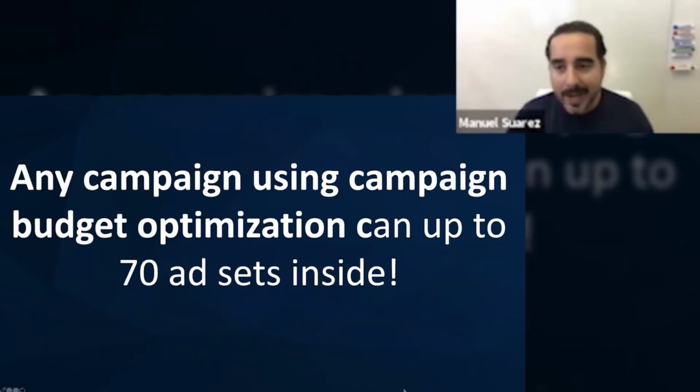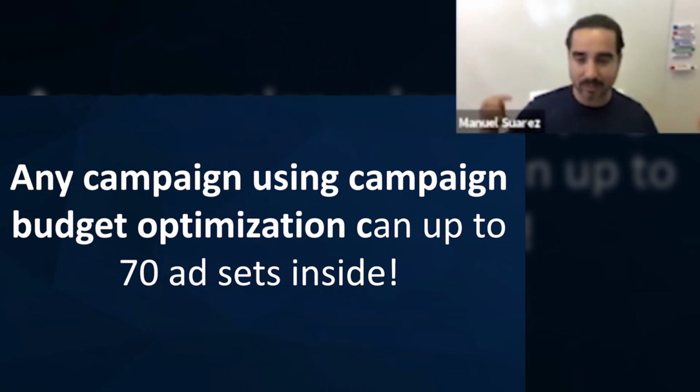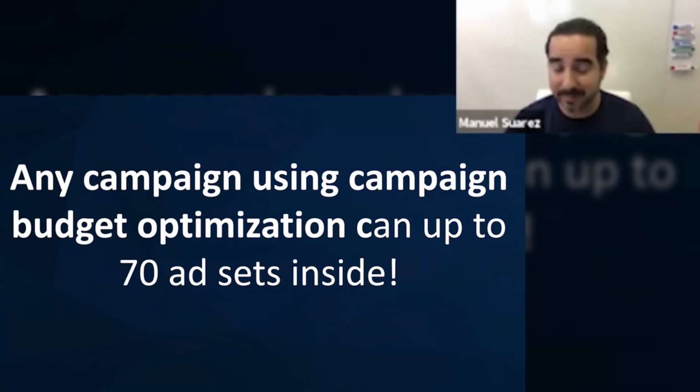budget. Any campaign using campaign budget optimization, you can add up to 70 assets inside. Up to 70 assets, meaning that you can actually just figure out how to find 70 audiences. You don't have to do 70. It's a lot of work. But let's say, for example, that you have